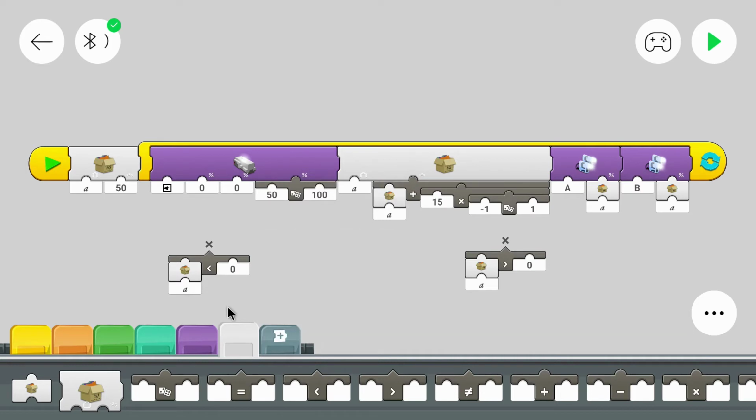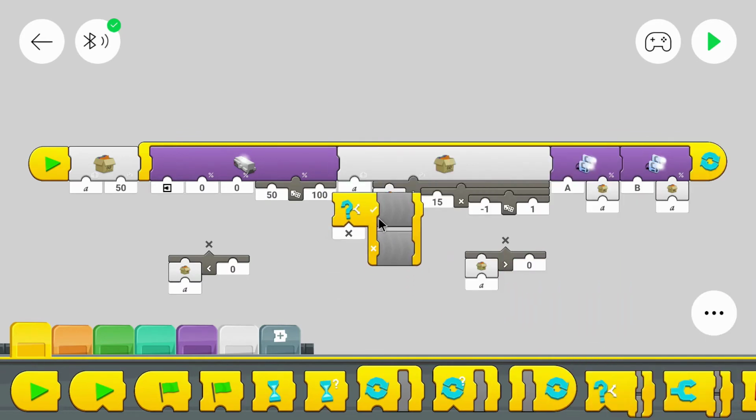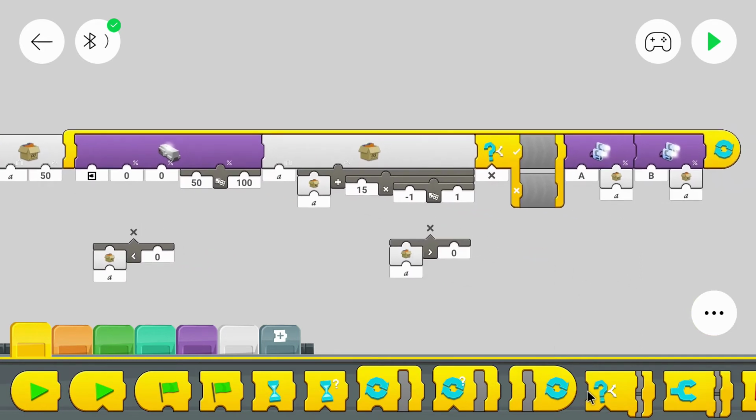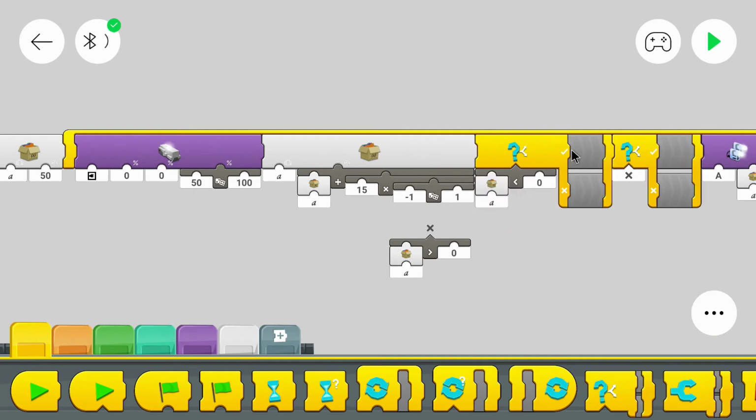And now we want to do something with the variable. We want to make sure that it doesn't get above 100 or below 0 if this value is true. And for that, we can make conditions, or we can decide if the logic input is true or not. And then we can do either one thing or the other thing. And the block to do that is this one. It's basically a bit like a question. So we can ask the program, is this true? And if this is true, then it will do the thing above. And if it's not true, then it will do the thing below.